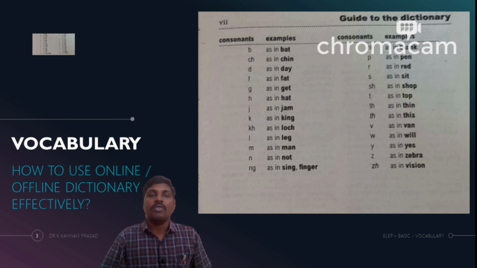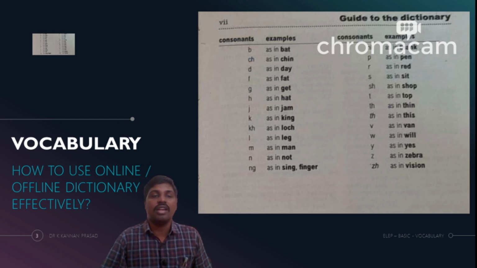Now in continuation, the dictionary also tells you how you could use the consonants. We have been looking very easily at vowels alone. There are times in which certain symbols are used even for consonants, and the guide to the dictionary or the pronouncing dictionary tells you also how to use the consonants as well. So it only comes by practice, like I have been telling you. It only comes by practice.